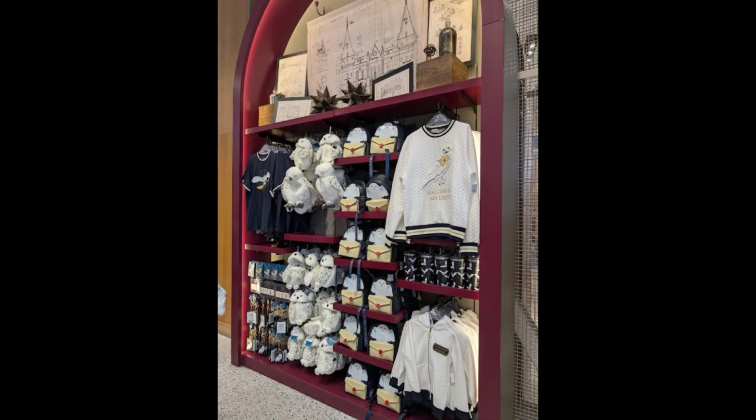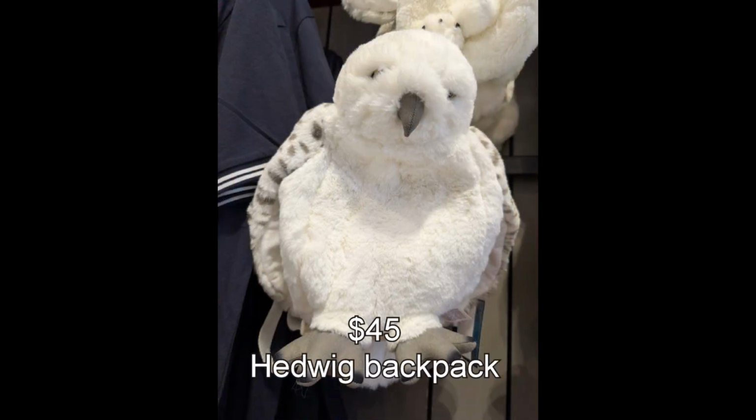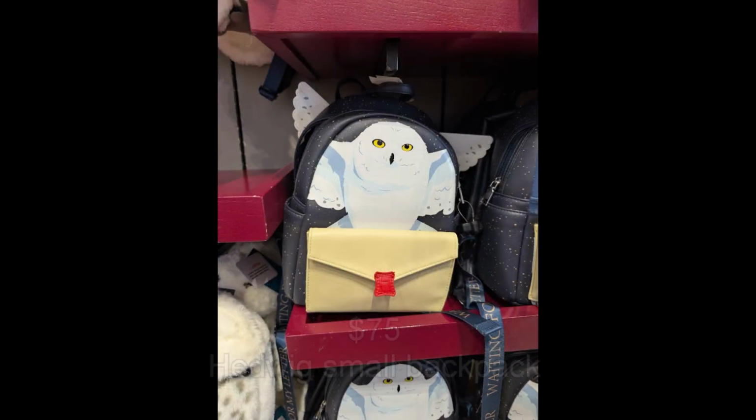All right. One last thing we want to talk to you about today, and that is some merchandise. Now, this merchandise, like Daniel said, has been around since about July or so. Now, if you're a fan of Harry Potter, but maybe you don't like the clothes that say witches and witchcraft and wizardry and all that stuff, maybe you like stuff like the Hogwarts Express. Or you might really like this merchandise because instead of featuring the words witch, witchcraft, that sort of thing,